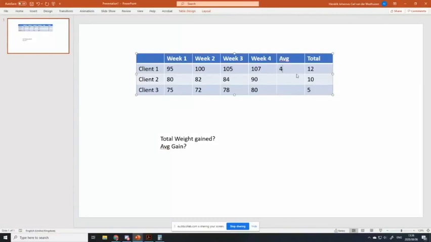Same for the second one: you take 10 and divide that by 3, which gives us 3.3 repeating. And then the last one, 5 divided by 3,